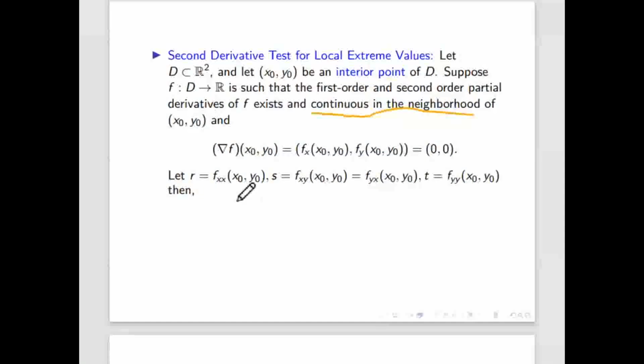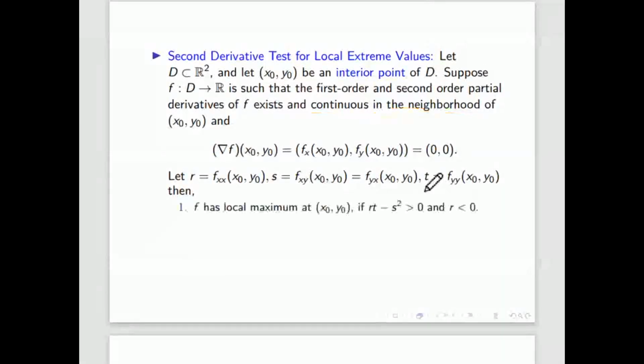So in total, how many second derivatives are possible? Four for two variables. For a single variable there is only one second derivative, but for two variables there are four in total. One is f_xx, then f_xy and f_yx, both are the same because it is continuous, and then f_yy. With the help of these three we can conclude when it is maxima and when it is minima. So this condition: it has a local maximum if rt minus s squared is positive. This is r, this is t, and this is s. First we calculate r, t, s, and if rt minus s squared is positive and r is negative, it is maxima. R means the sign of this is negative.